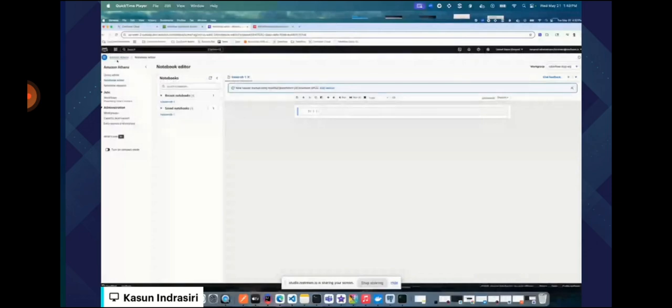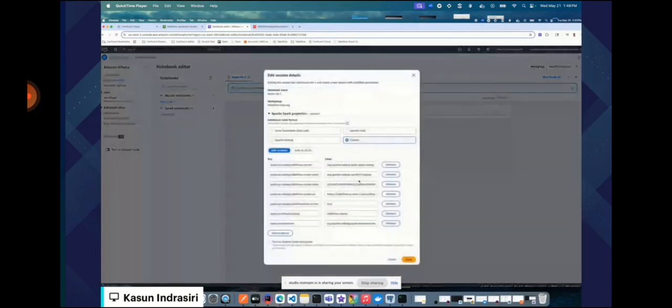Now for this demo, I'm using Amazon Athena PySpark, and I'm going to configure my notebook configuration to point to my Iceberg REST catalog endpoint, and also you need to obtain the required API key and secret to access this REST catalog. That can be done through the Cloud Console.